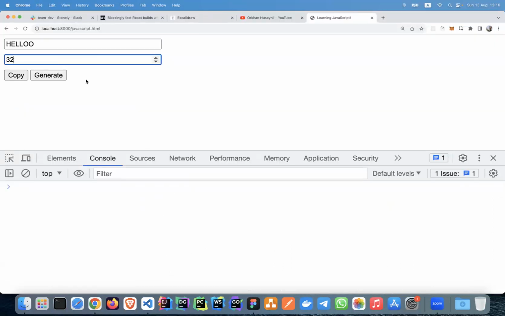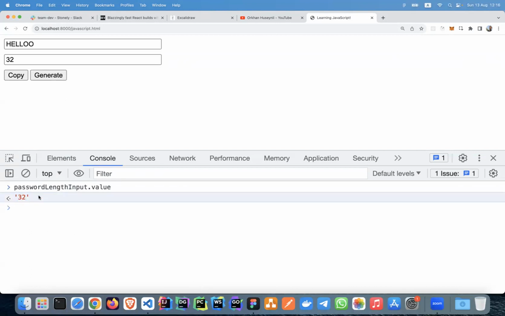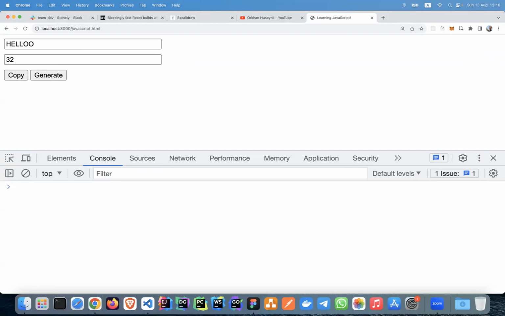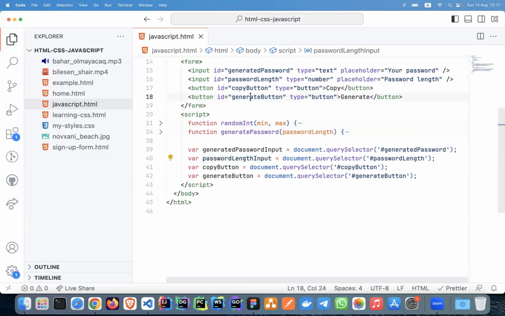I will do the same using this input, which is password length input. For example, let's say I wrote here 32. Password length input value will be 32, but as a string. If I want to convert it to integer, I have to do it like this. I will give a string, and this Number function will convert the string to a number and return me a number. Okay. Whenever user clicks generate button,